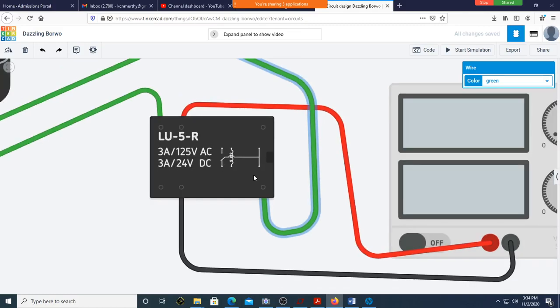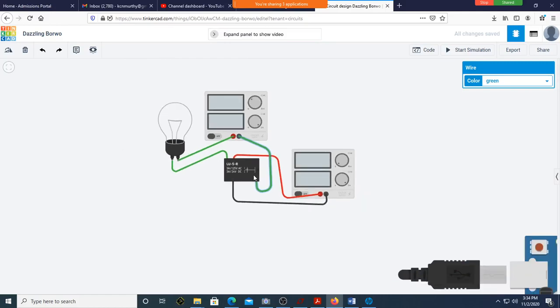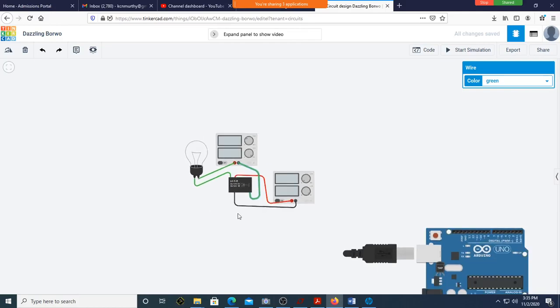Any other doubts? Since the load is other than 5 volt, in such cases we may have to use this relay. This relay will totally isolate the 5 volt DC voltage of your Arduino from your load voltages. The load may require 230 volt, whatever the voltage is. You can even run a motor. You have a sump at your home, no? You can run a sump motor if the tank becomes empty. So you can start doing such a design.